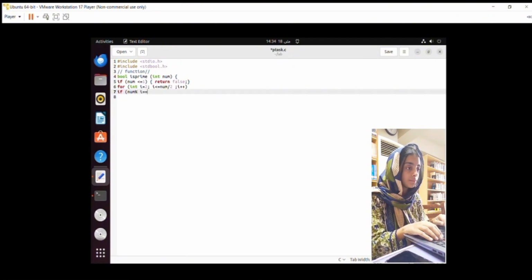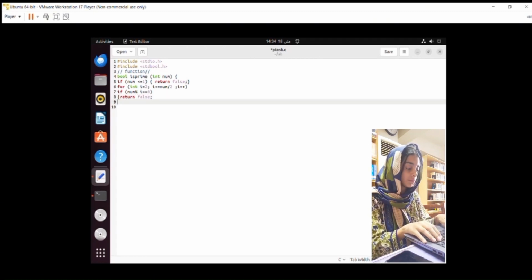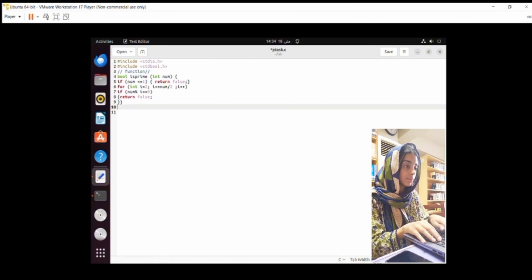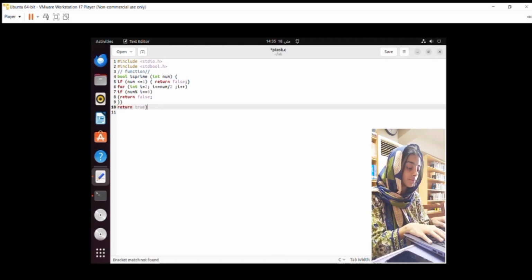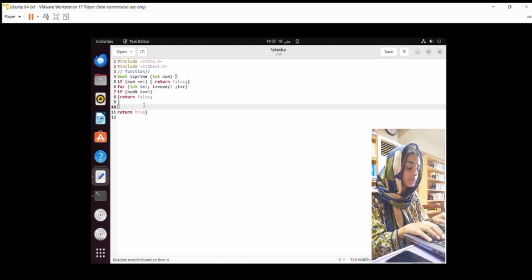So let's now discuss the detailed flow of execution of the program, that is, how our program will execute. First of all, the program starts and prompts the user to enter a number. The user inputs a number which is read and stored in the variable number. After that, the is_prime function is called with the input number. Inside is_prime, the program first checks if number is less than or equal to 1. If so, it immediately returns false.